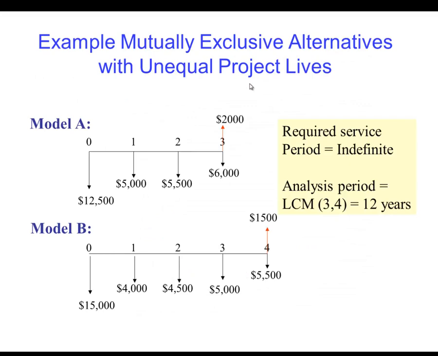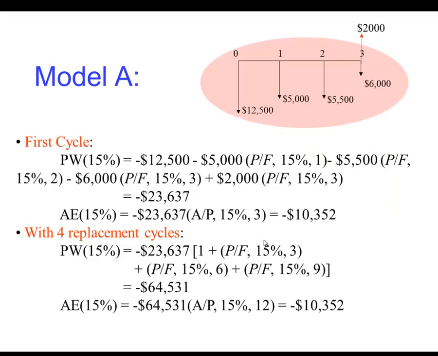Now, what if the alternatives have unequal project lives? In this case, you can see that we have model A and model B. For the first model, we have 3 periods, while for the second model, we have 4 periods. The cash flow is shown in the diagram in this example. So if we go to the first model and start the calculation, knowing that it will be based on cycles,